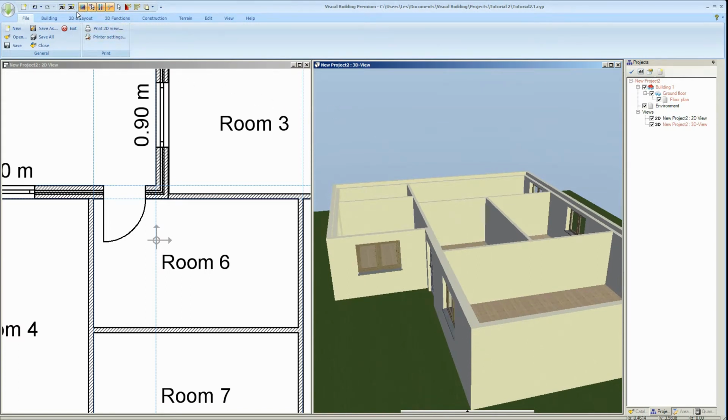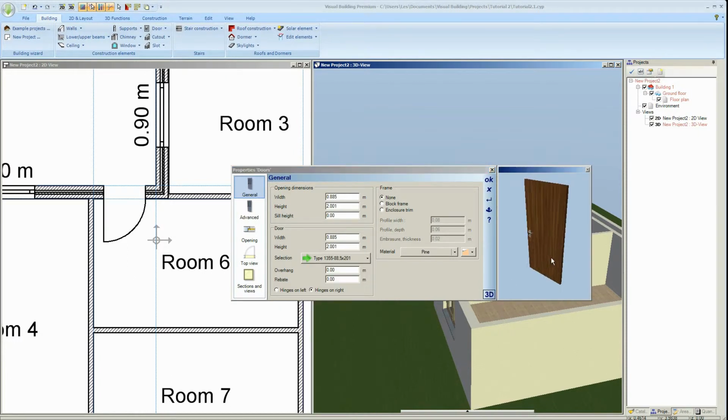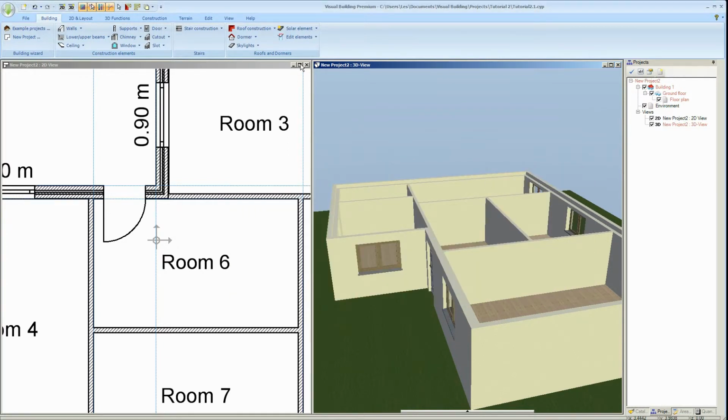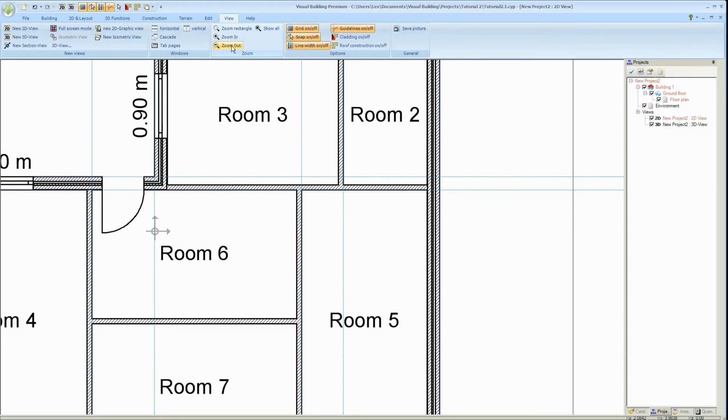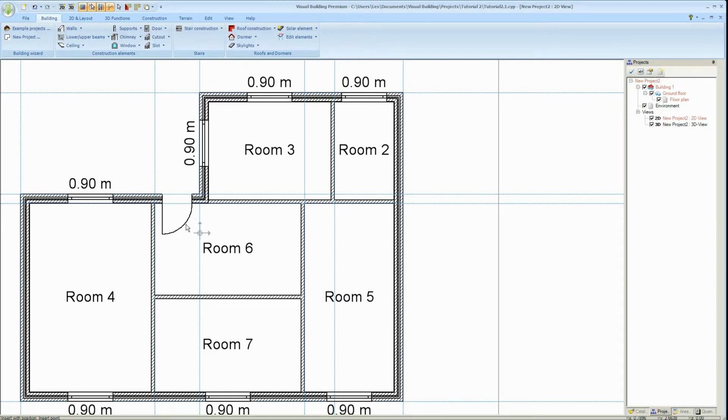Right, now we shall add some internal doors. So again, we'll select the door tool from the building tab, and we can right click to get the door property and look for an internal door. In the catalogue, we'll use this door. Again, if I click on the 3D button, I can look at the preview, and I'll change the width to 90 and the height is again 2 meters, and I can save that as a default for future use of the door. And so if I now zoom in here, if I now go to my door, select positioning,